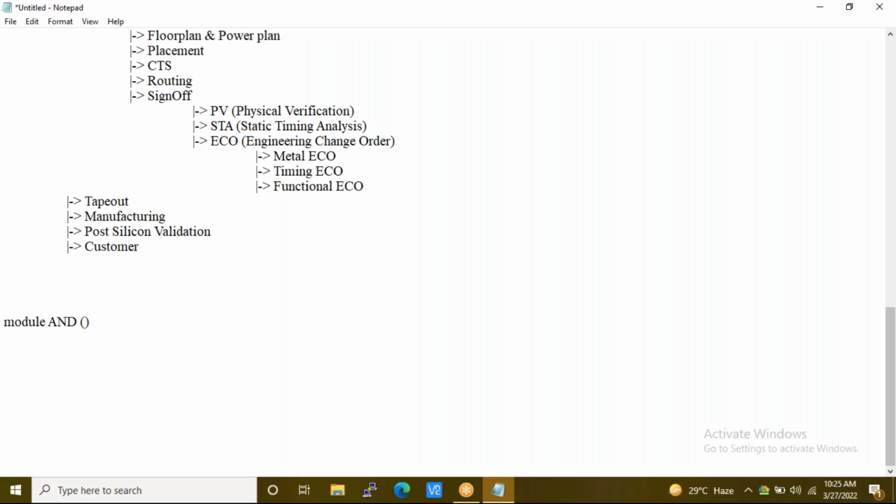If it is a 2-input AND gate, A, B, C. Next you write input A, B, and next output is C, and assign C equal to A and B.